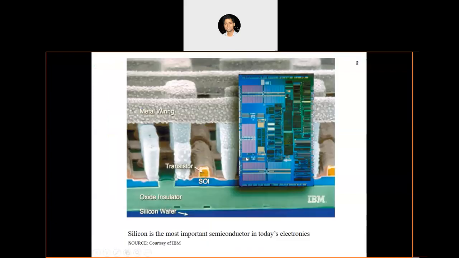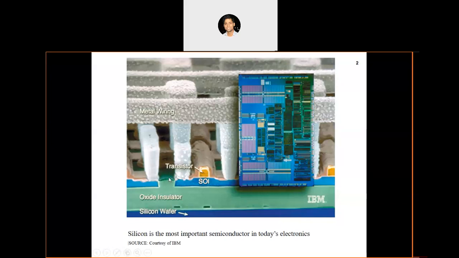So, semiconductors. This is how a microchip, or a chip, basically looks. If you look at it from a bird's eye perspective, from very far away, that's how it actually looks. All these different colors are different types of devices built in that particular chip. It can be a transistor, or a diode, or a CMOS device, anything. Basically, all these are different devices which you can see in a circuit board.